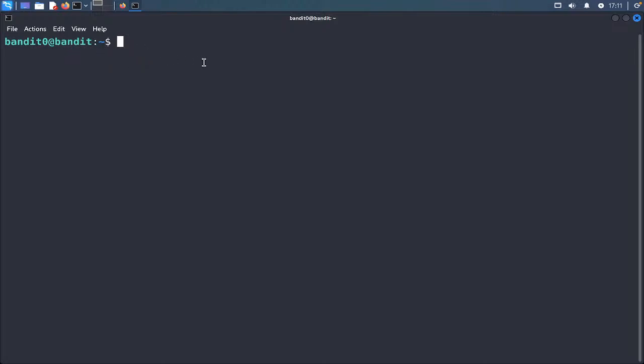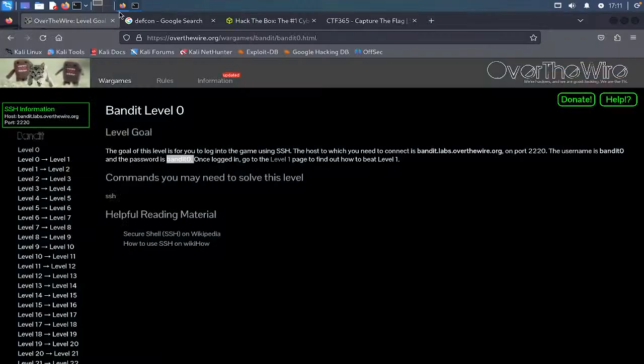That means I am not using my own Linux. Of course I am using Linux, but I'm connected with the server. So right now I'm going to be executing files within that server, not on my Linux machine, because I have access inside that server. The first level is done, we are inside.